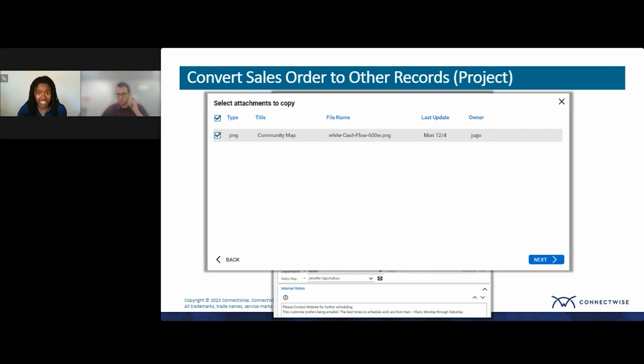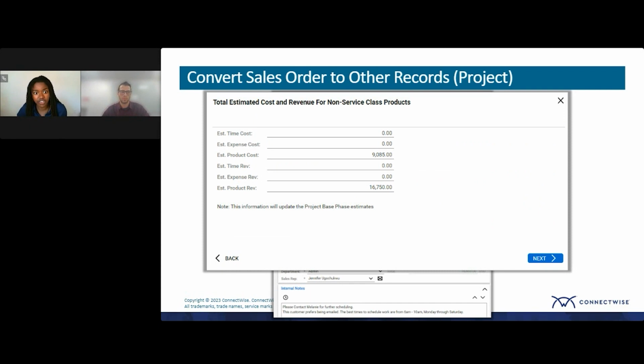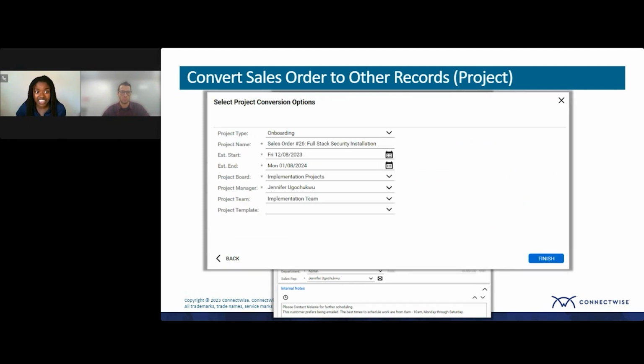And lastly, this is really important here. We have products that we are going to transfer over to that project. Notice here, you don't see that agreement class product. And that's really important here because that will actually go on the agreement. So it doesn't even appear as an option where you would accidentally add this over to the project. So then if I click Next, I have some options here. I can add various estimates on my project. And lastly, I can set some project information like the project type, the project name, estimated start and end date, as well as apply a project team, like a team of people who will be working on this project already